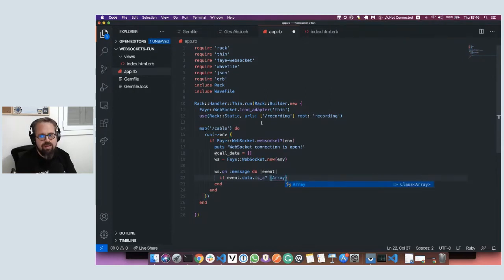If the event.data is an array, then we know it is what? We know that data is the WebSocket raw audio data. So remember this variable we created, we're going to take that data and include it into that empty array we created. And we're going to use the append method, which adds the data to the array,